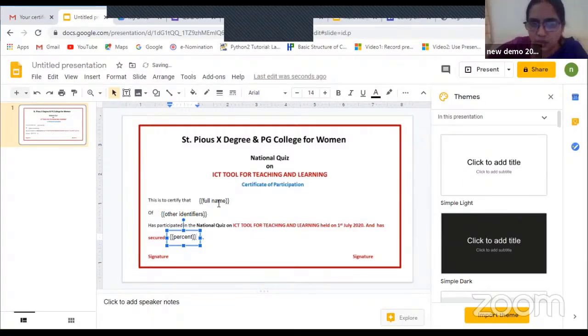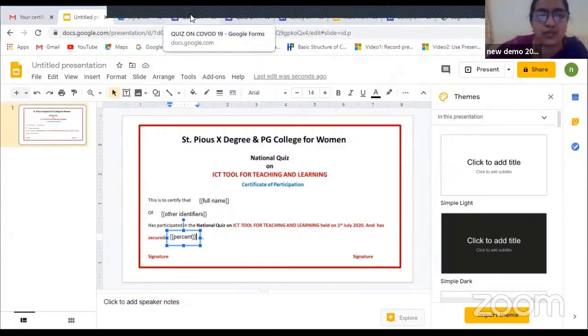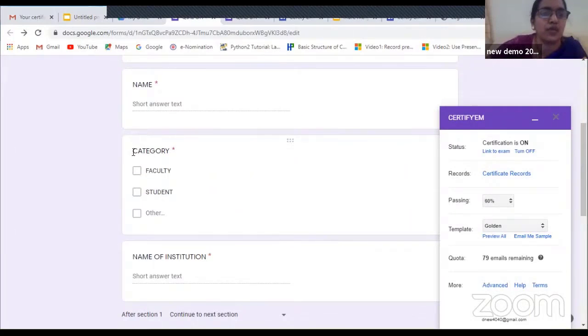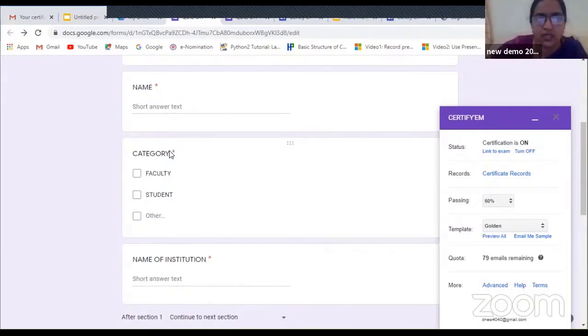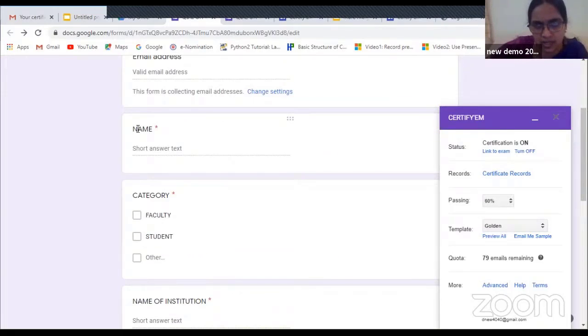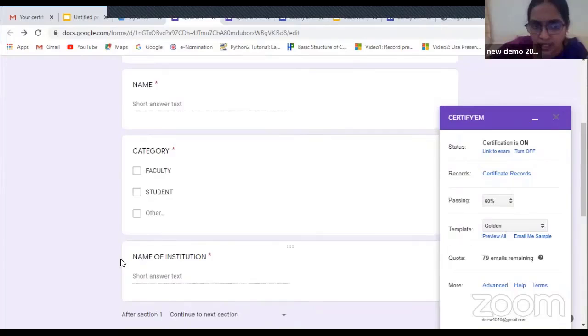Right. Once you think about whatever information you want, put the merge tags wherever you want. The values for these fields will be taken from our quiz questions, the category question names you have, whatever name we have given. The first question name will be taken as full name, the second category is the other identifier, and the third one is other identifier 2, right? And then the next you have is,